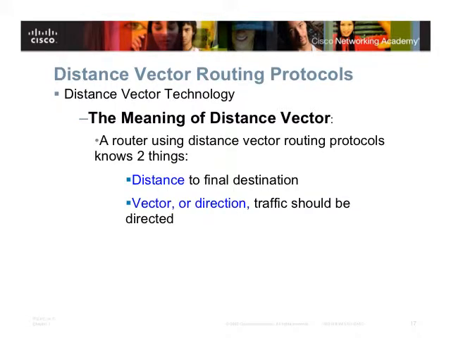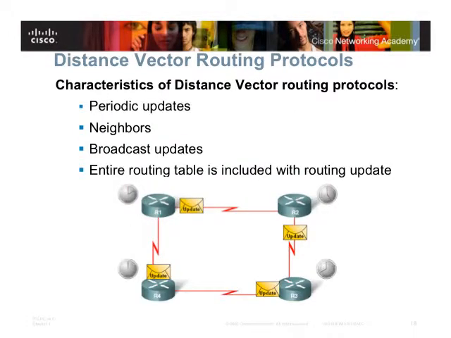So again, the meaning of distance vector is that the router uses the distance and the vector, or direction. As we said, the distance represents the cost between my current point and the ultimate destination, the accumulated cost. I do not have any breakdown of this cost into multiple links. I only have the accumulated cost and the direction where I have to move from my point to the next hop. That's it. That's the meaning of a distance vector routing protocol.